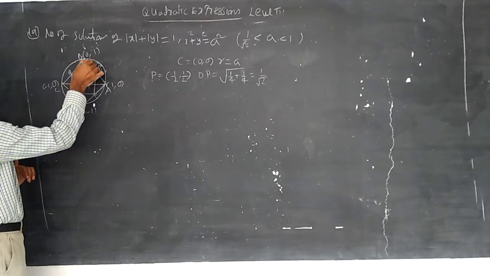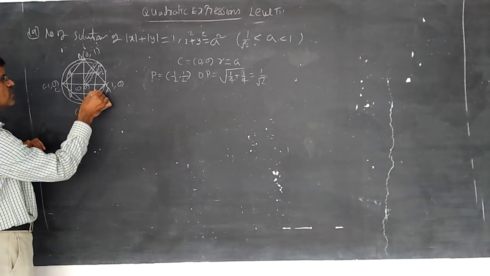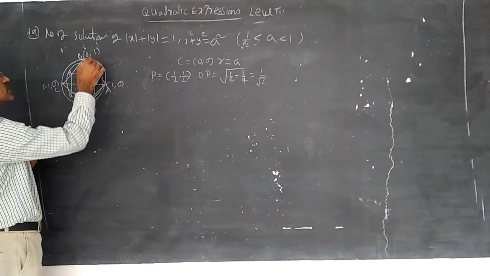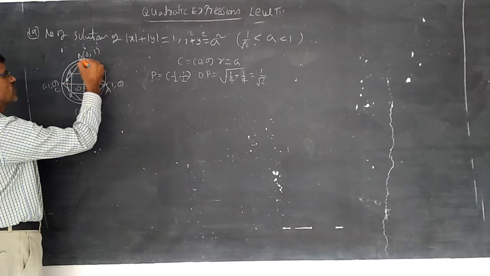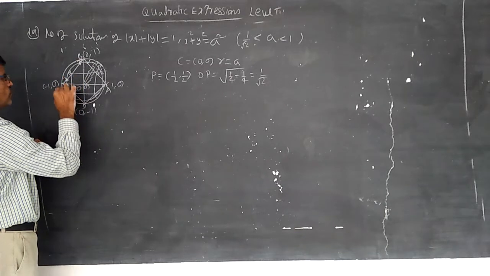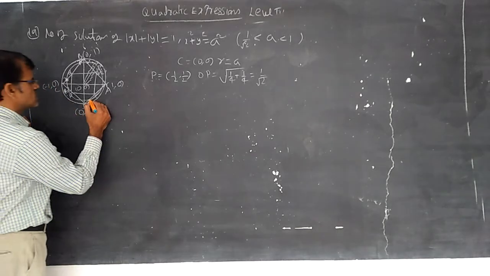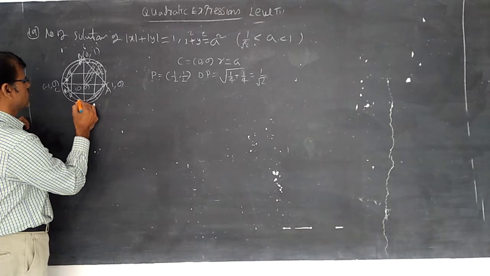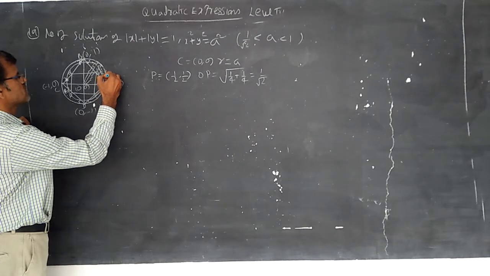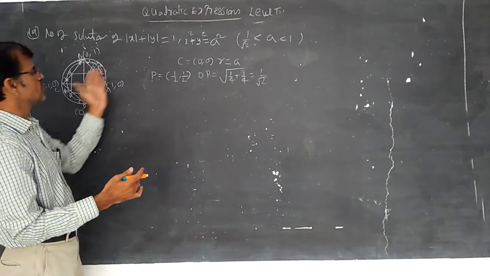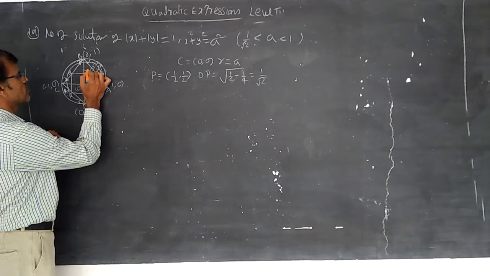So you can understand another circle should exist that intersects the lines in two distinct points. Put here, this is 1, this is 2, this is 3, this is 4. Students, 1, 2, 3, 4. This is whatever the circle intersecting the rhombus. This is 5, this is 6, this is 7, this is 8. So total, how many points of intersection are there between 1 by root 2 and 1? This is r1, you can put small r. This is r2, you can put capital R.